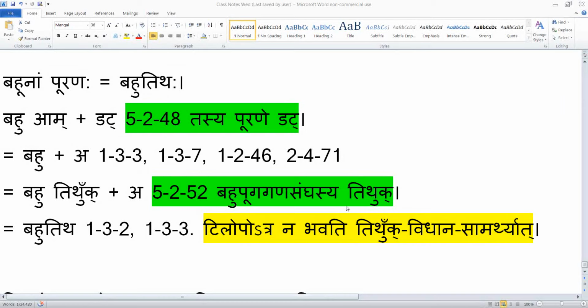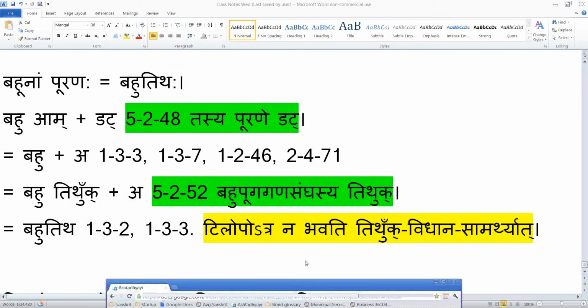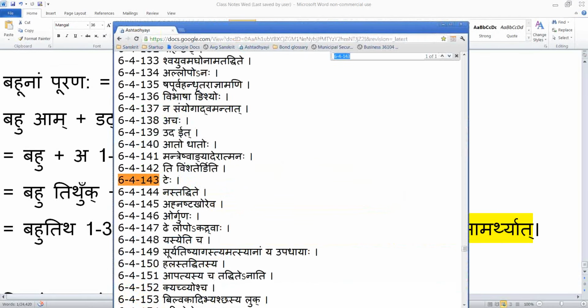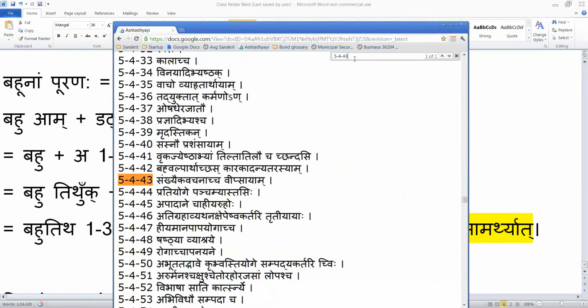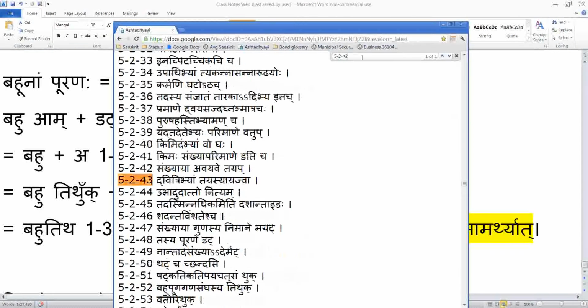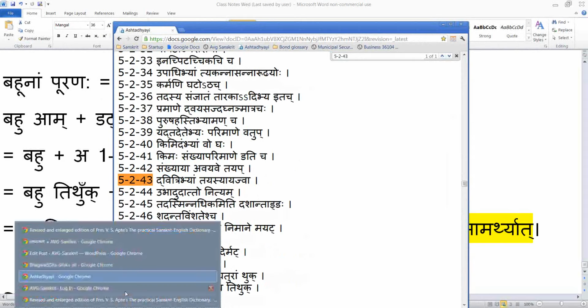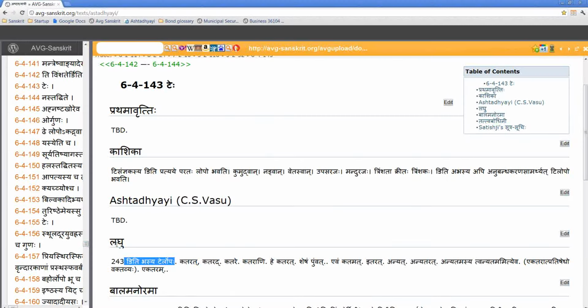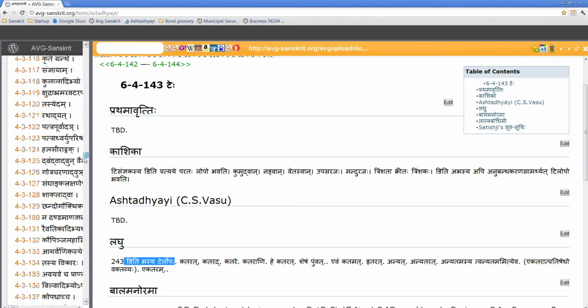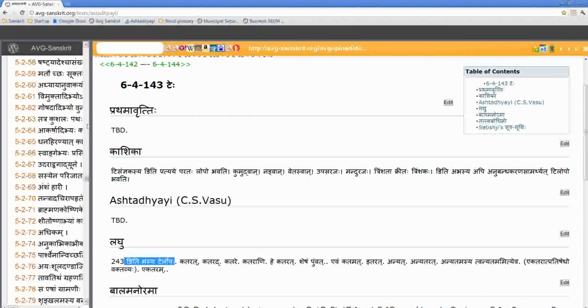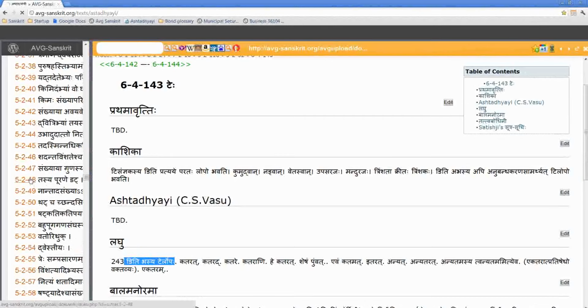Okay, one more time. We are in this section of Tasya Purane Dat. So Sankhyayaha is coming here, and then comes Tasya Purane Dat. We look at that sutram, then we can look at that one also. Tasya Purane Dat. So Sankhyayaha. Saying is that